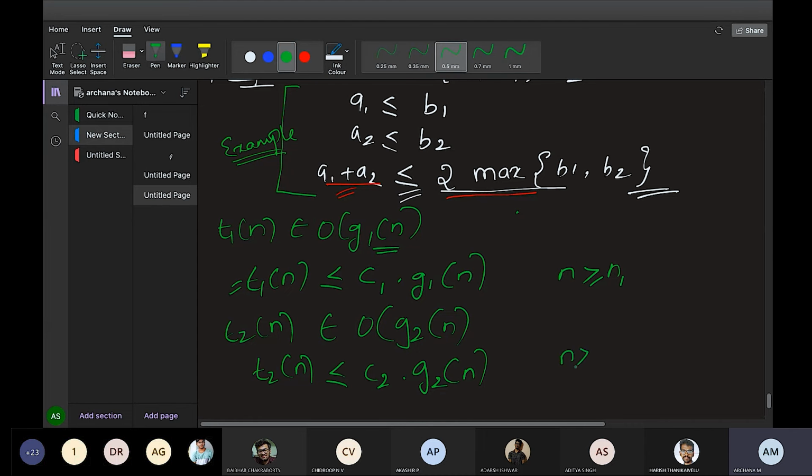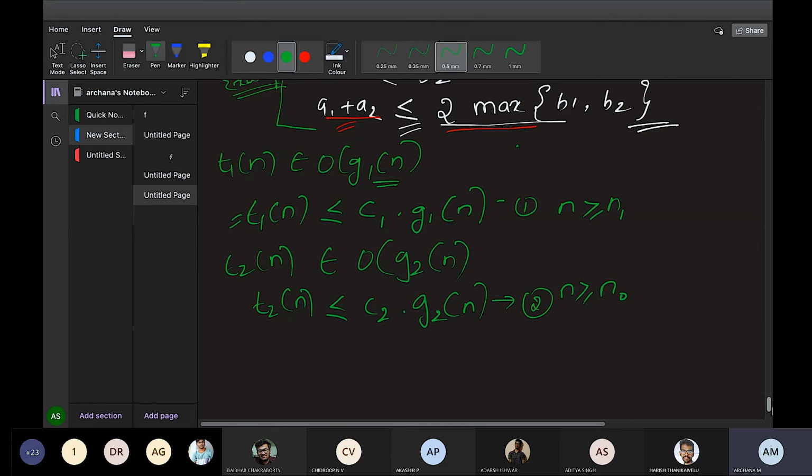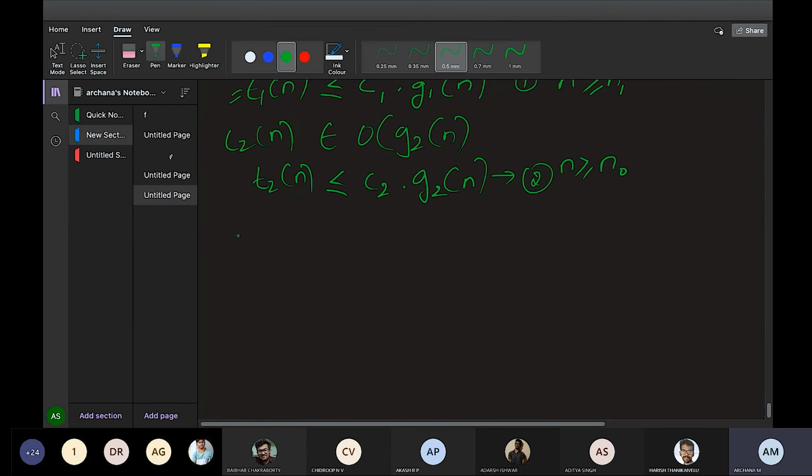Okay, and where n is greater than or equal to n naught. So this is what you'll get. This is the first one and this is the second one. Now you need to add these two, that's all. Add these two and you will get the answer. Before that, there is a simple assumption. Assume, this is a mathematical term, C3 equals C1 plus C2. Because there is C1 over here and C2 over here, instead of C1 and C2, they are taking it as C3 to find the maximum.